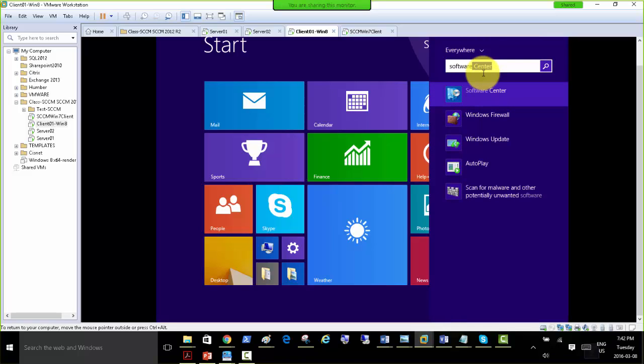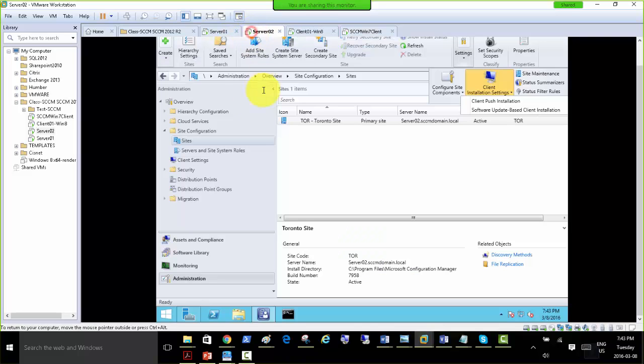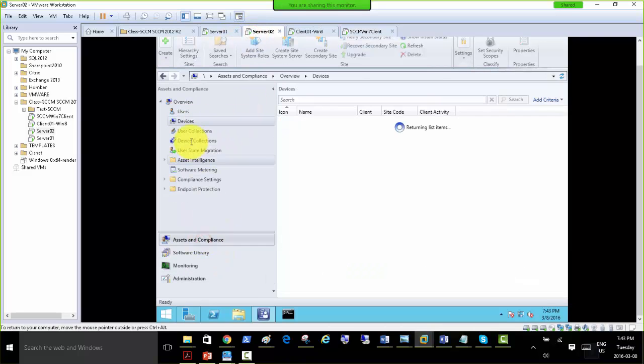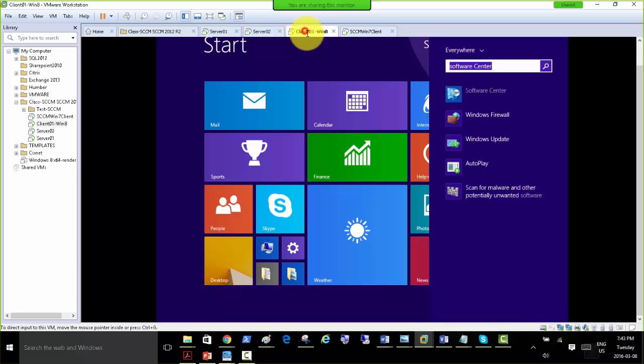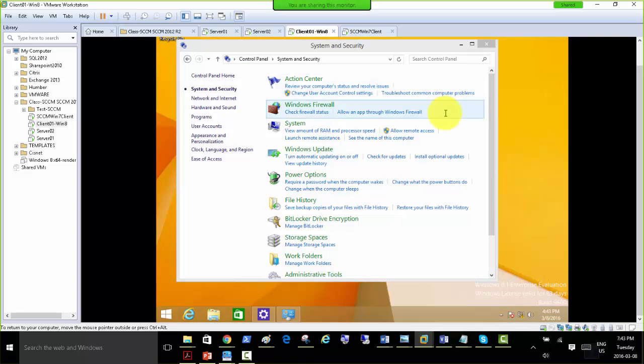If you're in front of your machines right now, you could just type software center in your clients, and this is after your machines are showing in assets and compliance in the devices as yes, and in your control panel your configuration manager client we just saw is showing there. Then also you should be seeing this software center. This is also coming from configuration manager client deployment. So if you open that,